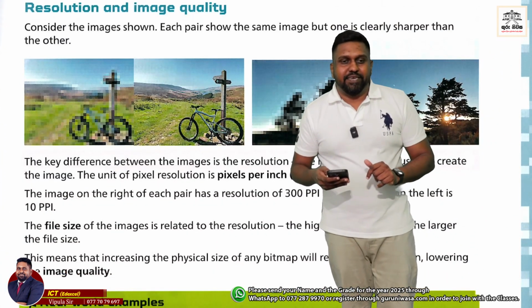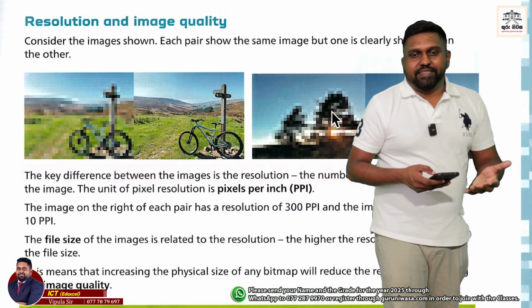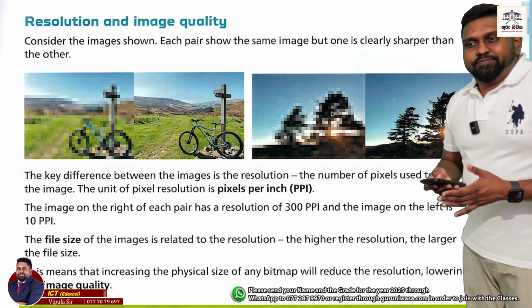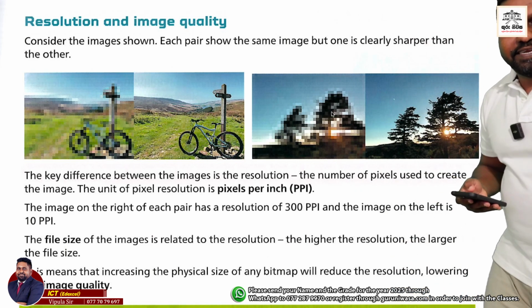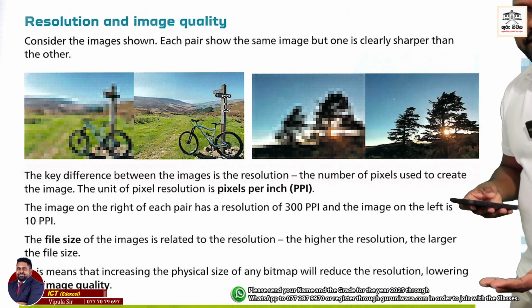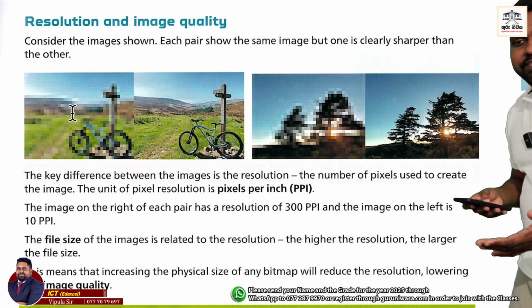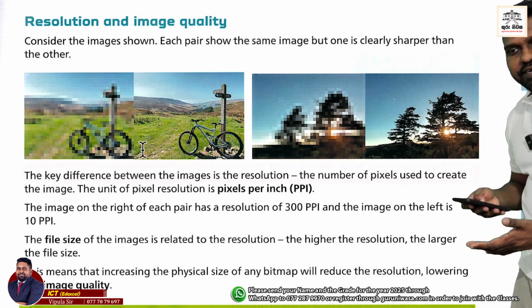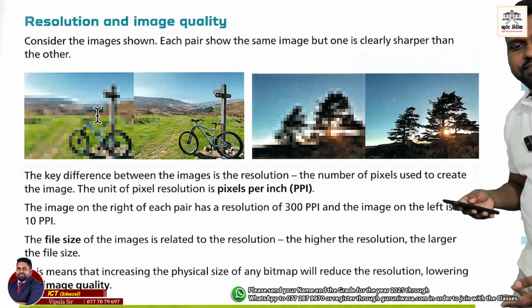Then we talk about resolution and image quality. This is quite straightforward and easy to understand. As you can see, there are two images, but one is blurred and one is not. One has more details, the other has less details. So the idea is, the resolution was lower than